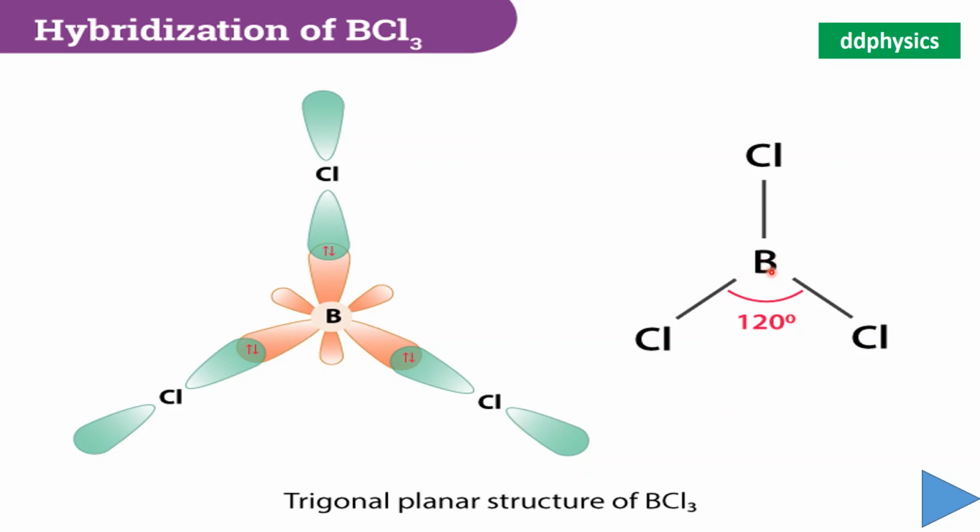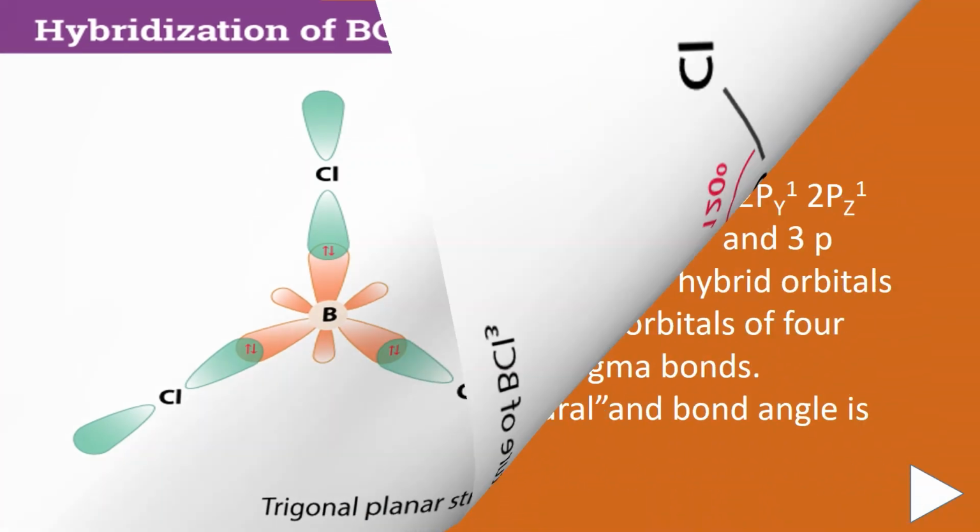Here you can observe on the right side the bond structure of boron trichloride. In boron trichloride, boron combines with 3 chlorine atoms with single covalent bonds. Then the bond angle is 120 degrees. So the next one,